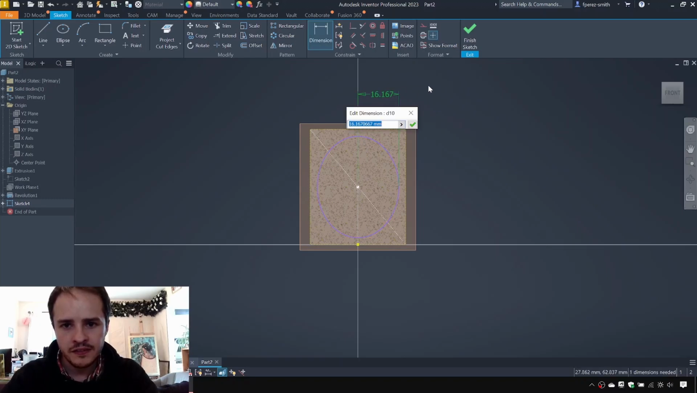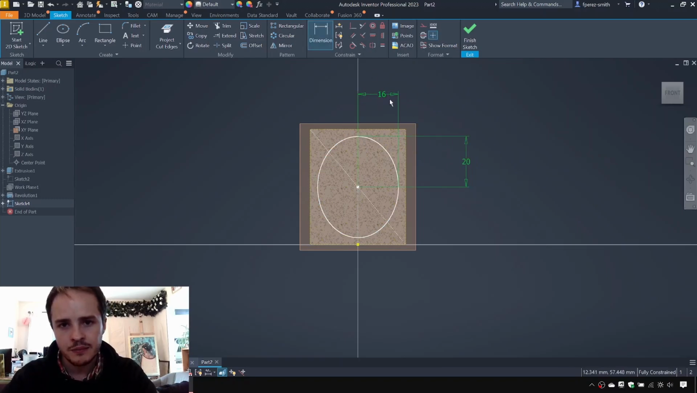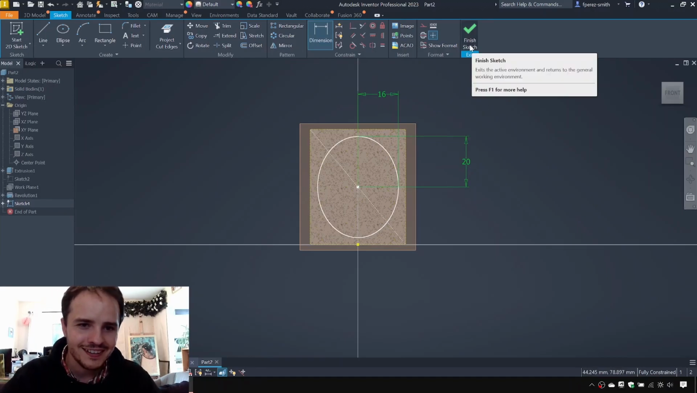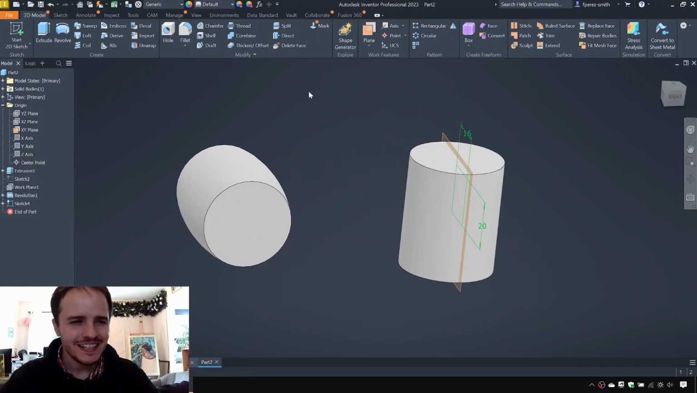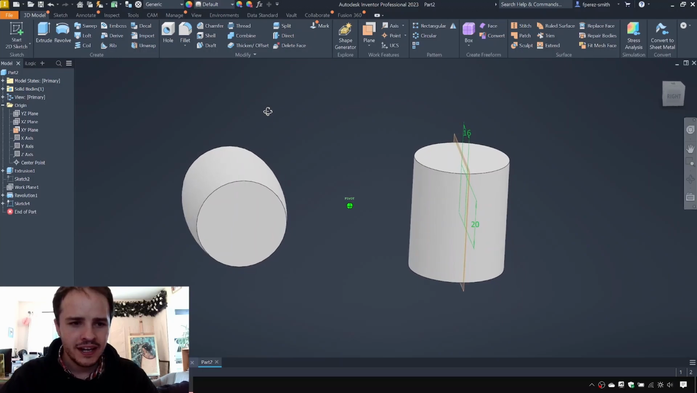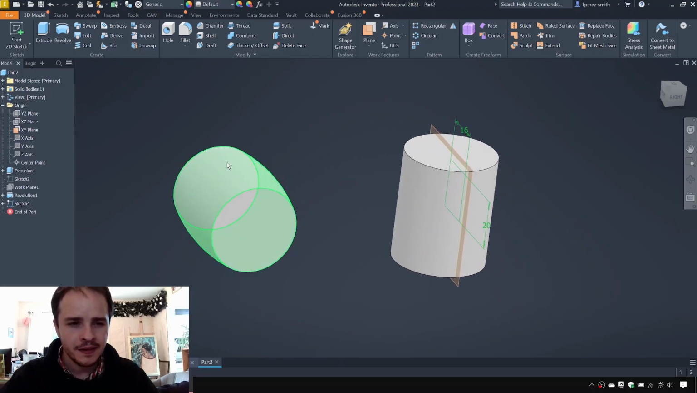We'll say that this is 16 millimeters major and 60 millimeters minor, 20 millimeters major. I'm not sure if they're correct. They might be correct. I'm sure it's going to look very good. We'll say finish sketch. And next, what we want to do is make a midplane that bisects